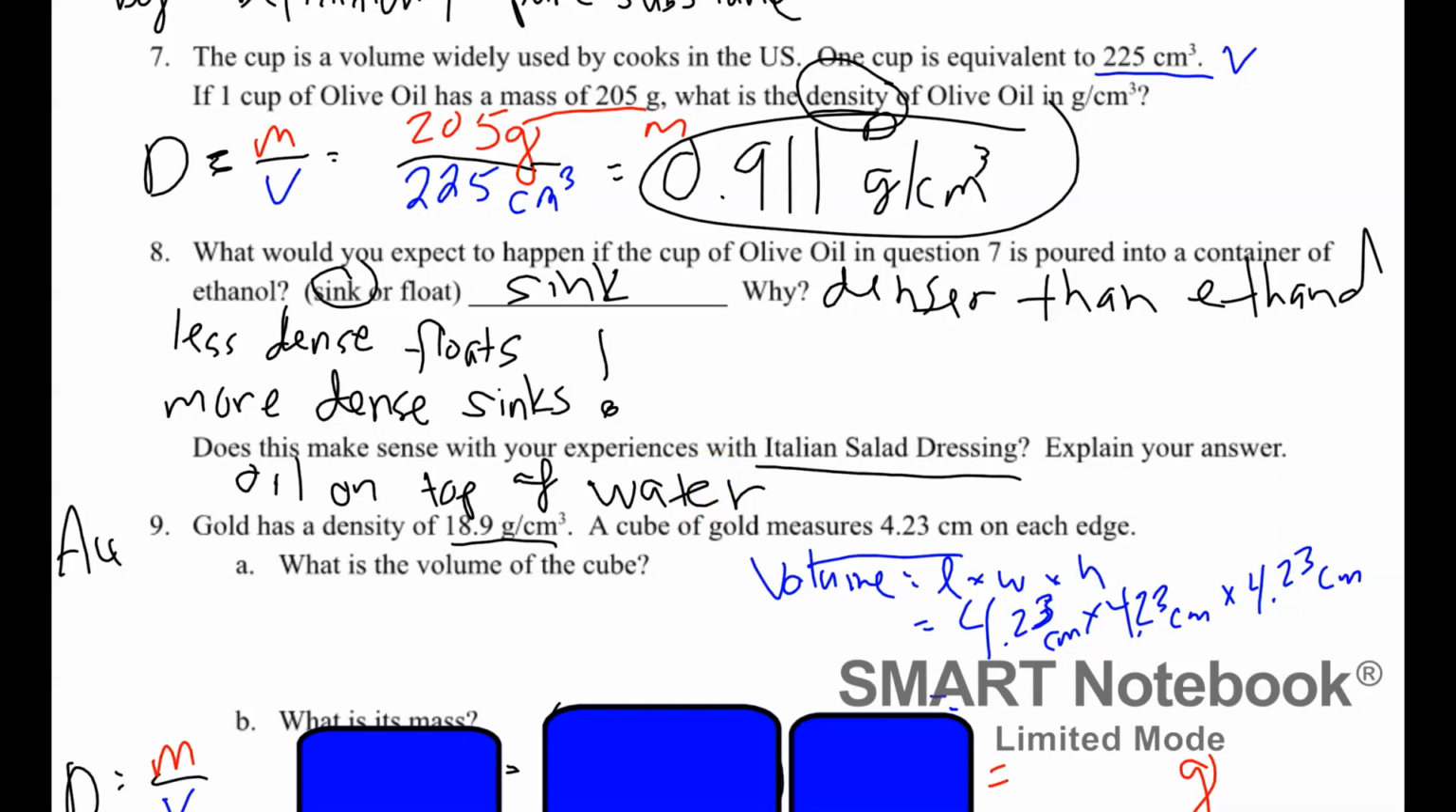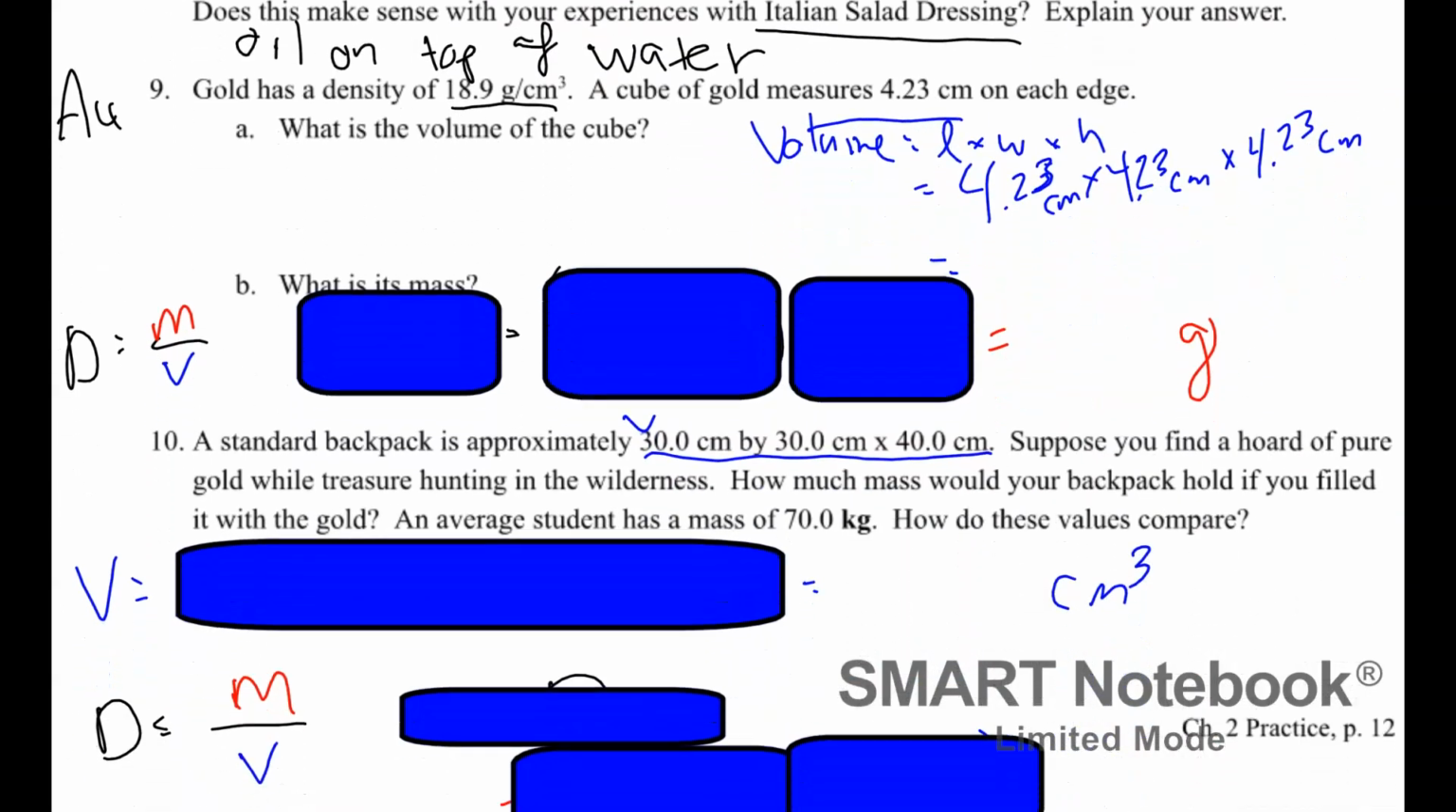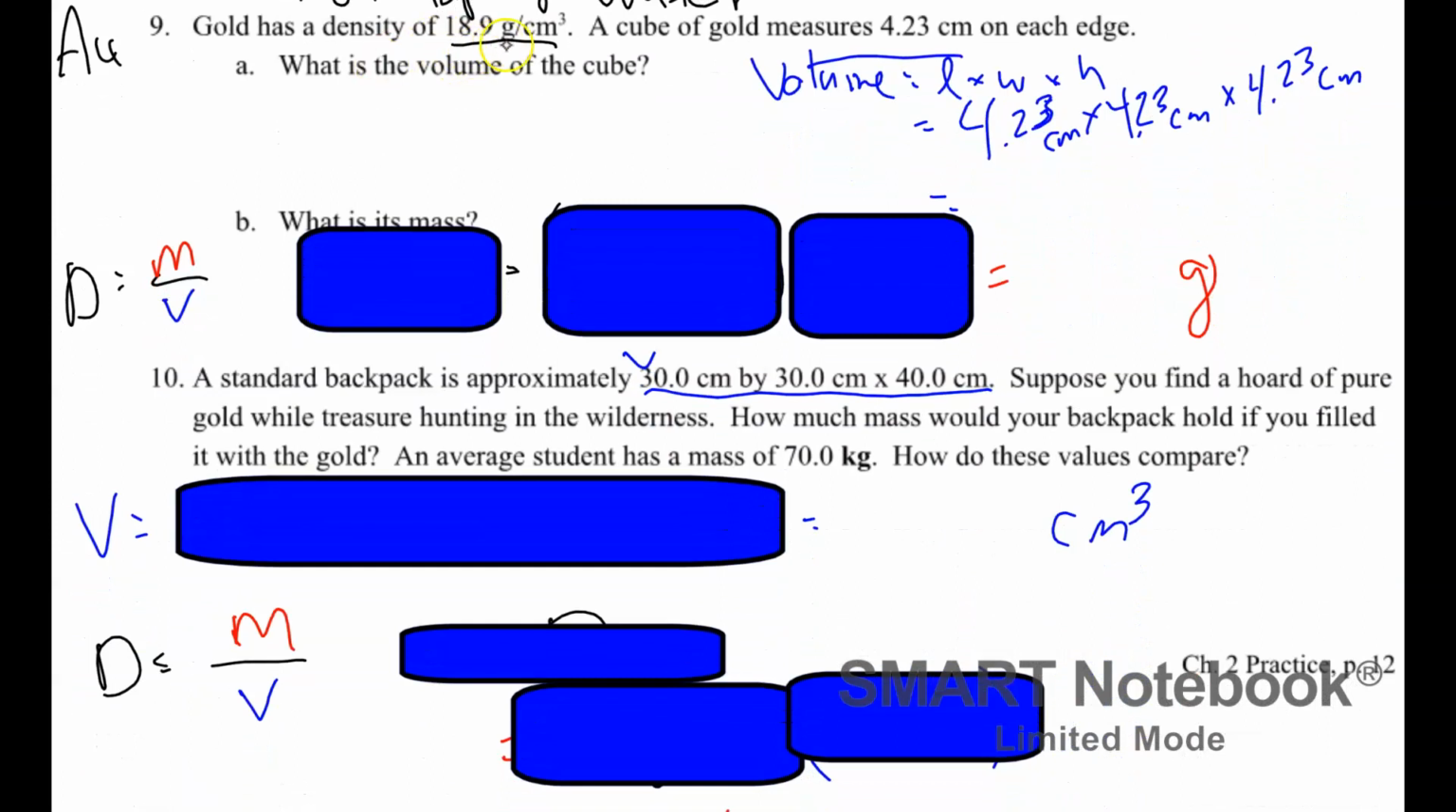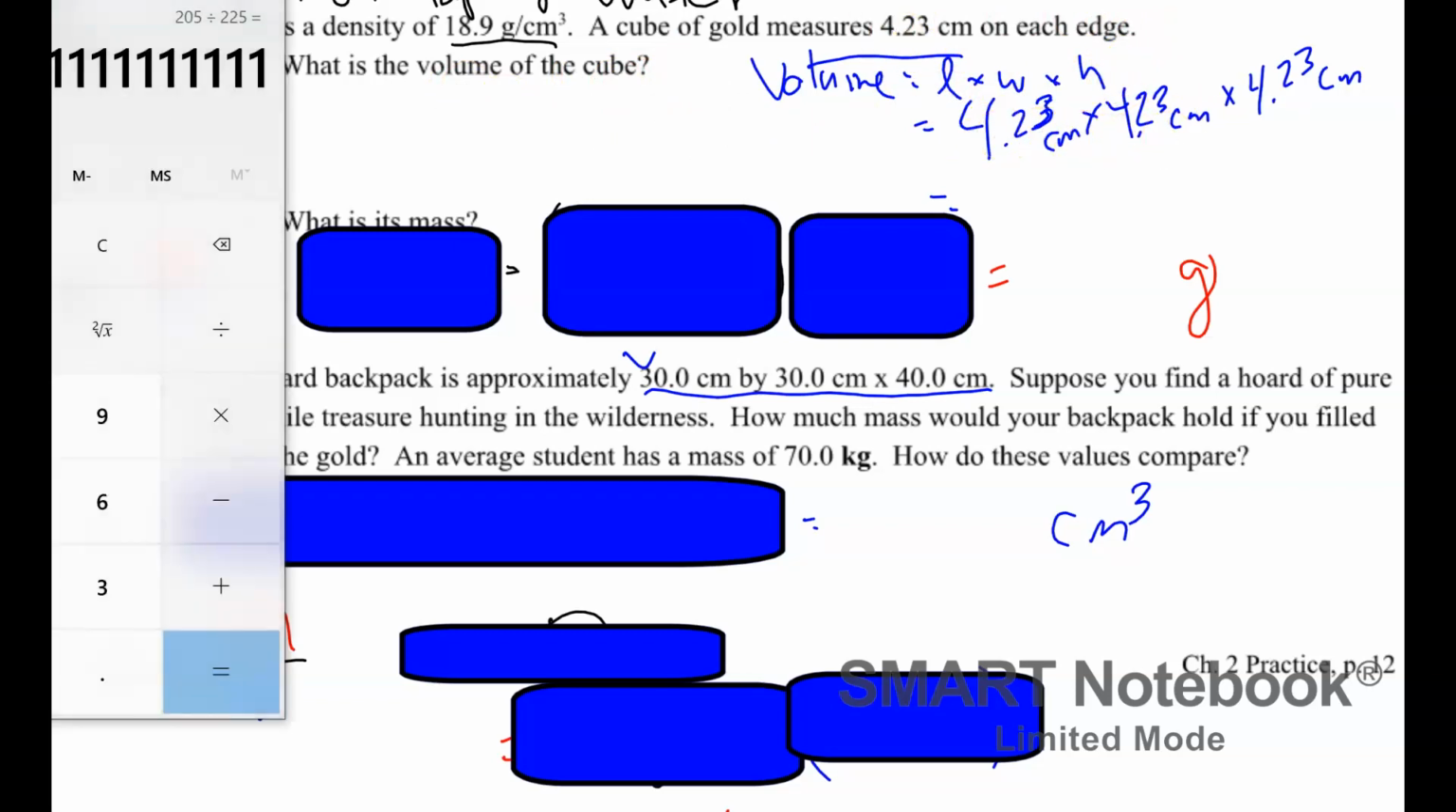Okay, now our last problem here. Well, our 2 last problems. Gold has a density of 18.9 grams per centimeter cubed. A cube of gold measures 4.23 centimeters on each edge. So what's the volume? Well, volume is length times width times height. If it's a cube, those sides are all the same. So we're going to take 4.23 times 4.23 times 4.23, and we get